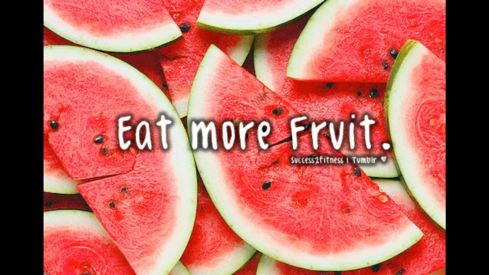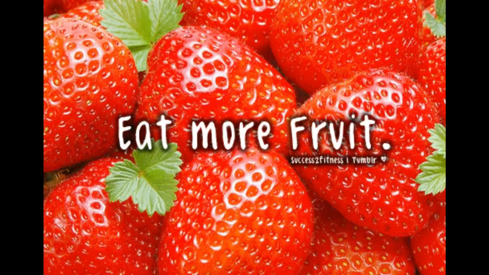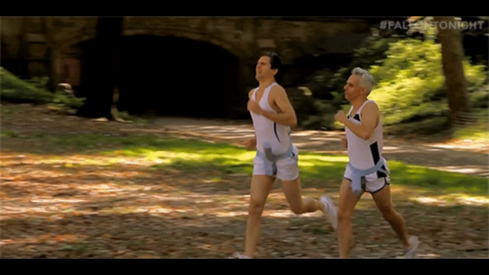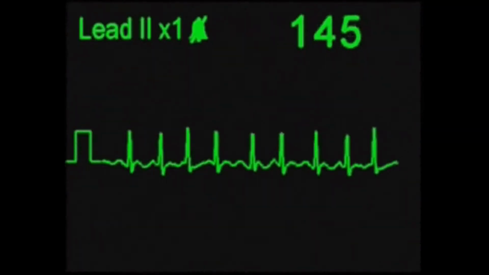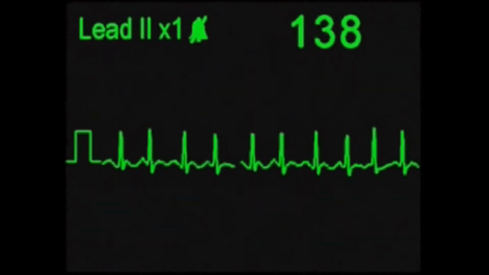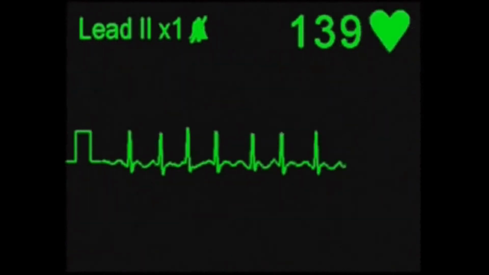Some lifestyle choices that can be made to help prevent arrhythmia are: eat healthy foods such as lots of fruits and vegetables and limit the amount of salt you get. Try to keep yourself at a healthy weight. Limit or avoid drinking excessive amounts of caffeine and alcohol. Do more physical activity. It helps keep your heart more healthy. Reduce the amount of stress you have in your life, as it can lead to heart rhythm problems. Avoid using over-the-counter cough and cold medicine, as some of them contain stimulants that can rapidly increase your heart rate.